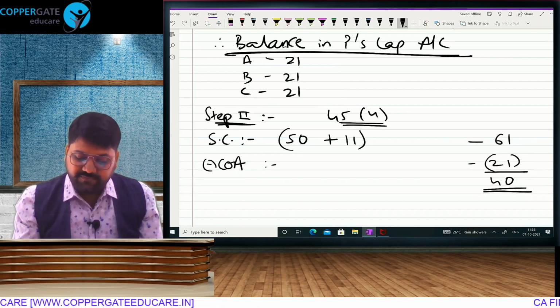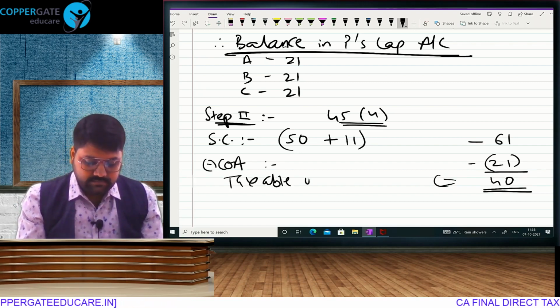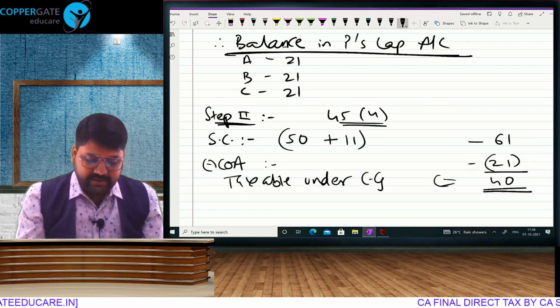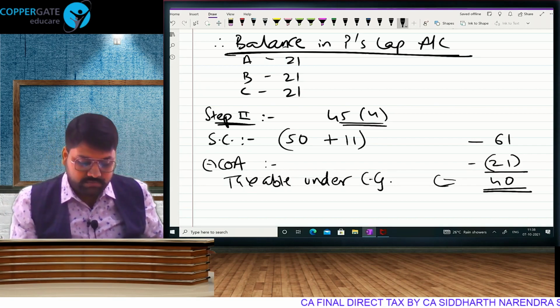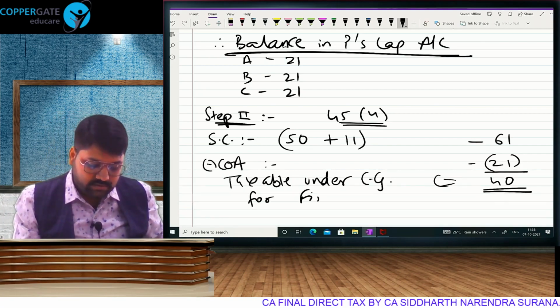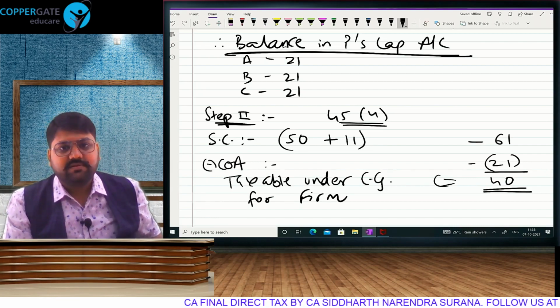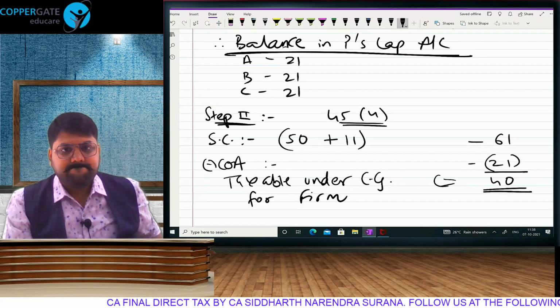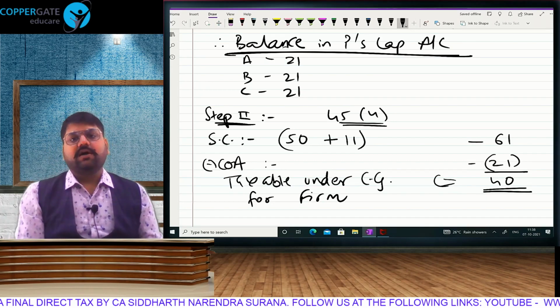21. And this 40 lakh will be again taxable under capital gains. For whom? For the firm. This will be taxable for the firm. Now this is unfortunately resulting